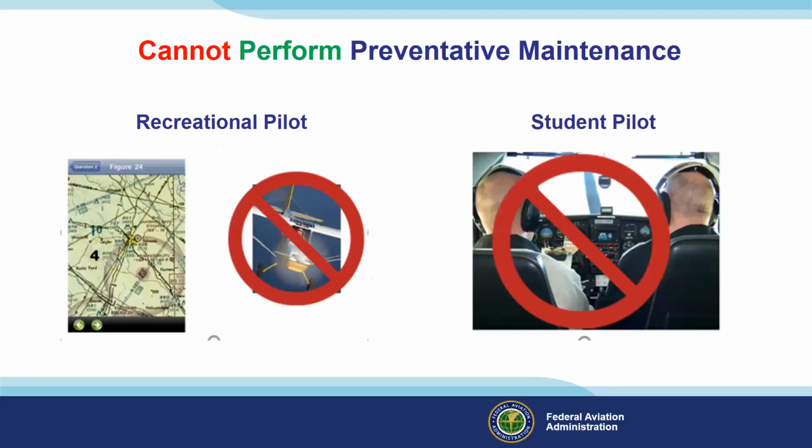Now, these types of pilots cannot even perform preventative maintenance. And the reason is because they're not authorized to return to service. So therefore, they can't do preventative maintenance. And that's recreational and student pilots. For those listening by phone,